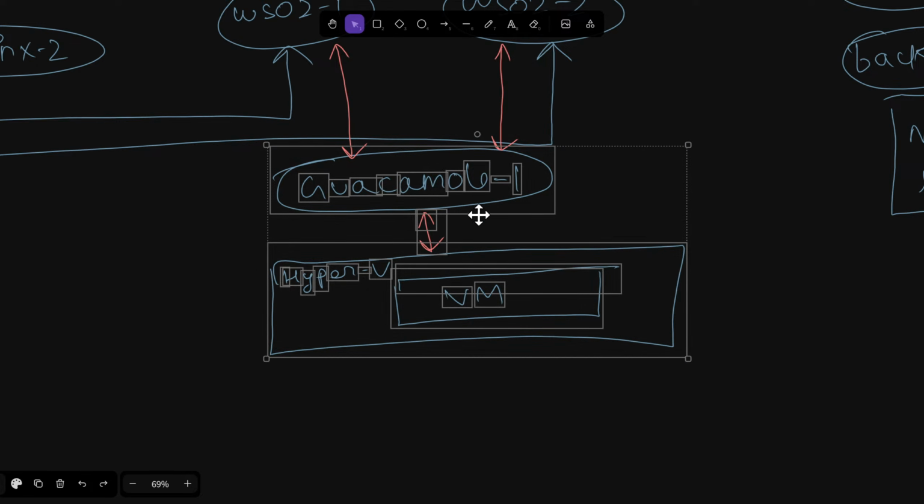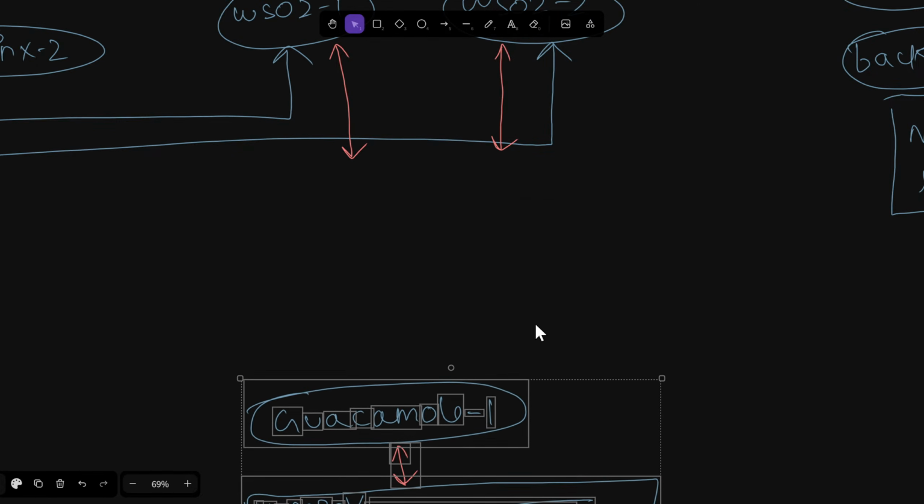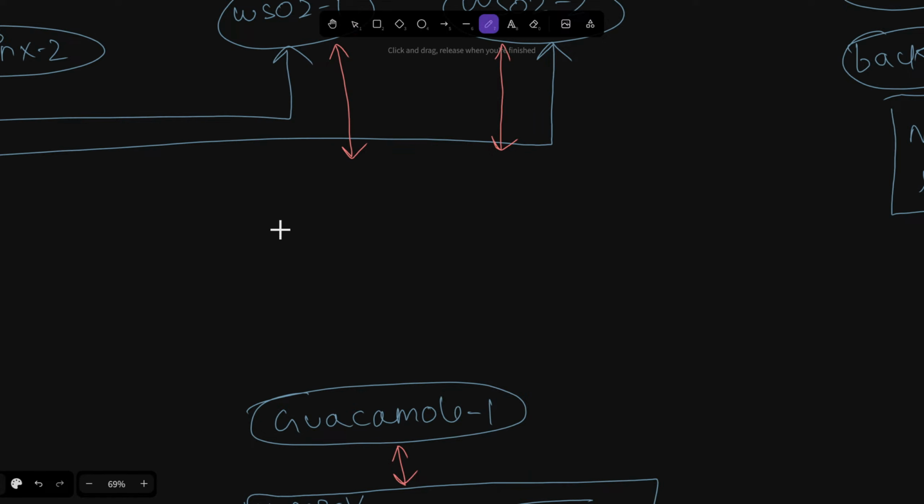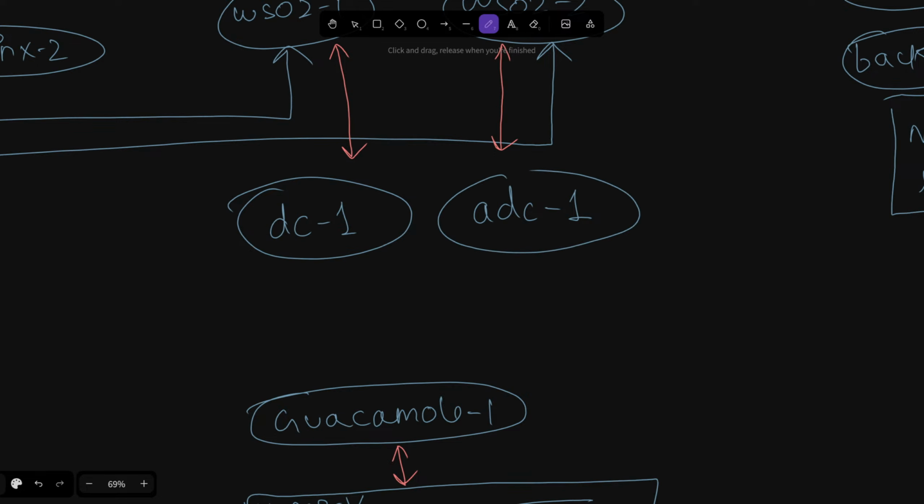Oh, sorry, WSO2 only. Domain controllers. So here is domain controller 1, and its redundant partner is called additional domain controller, so ADC1. Domain controller 1 and ADC 1. These two are redundant partners.